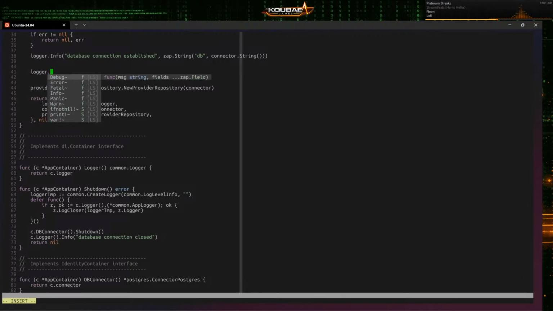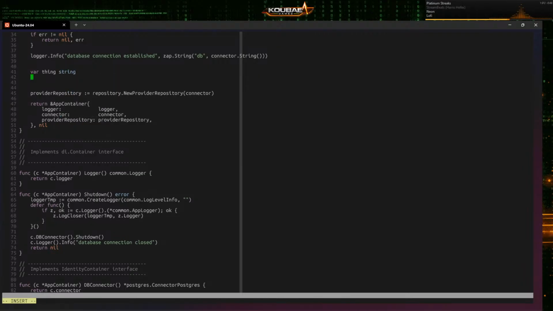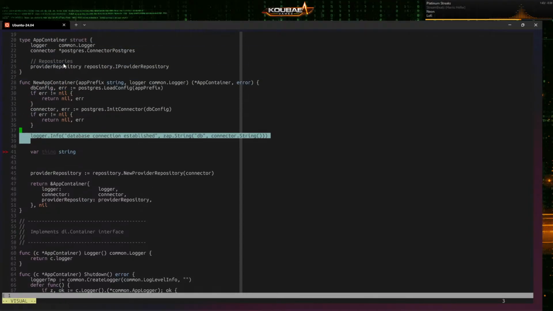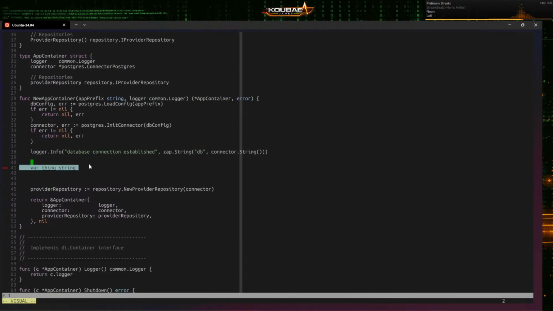See, it does work pretty well. Var thing string, right? Perfect, and it gives an error. Oh, and declared and not used: thing. Declared and not used: thing. Compare as var. So already that is not bad, and it's a method to